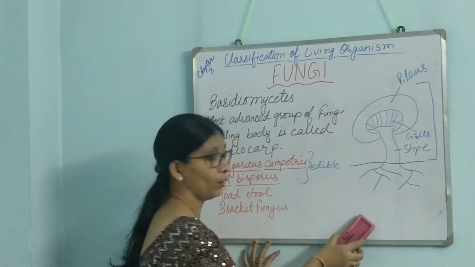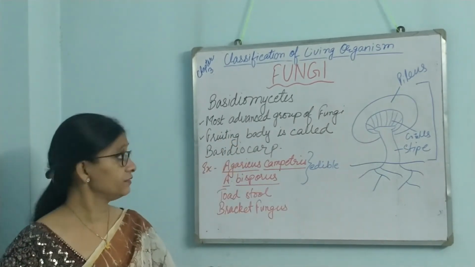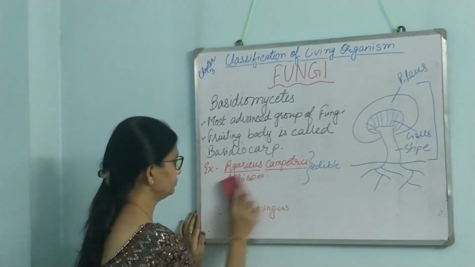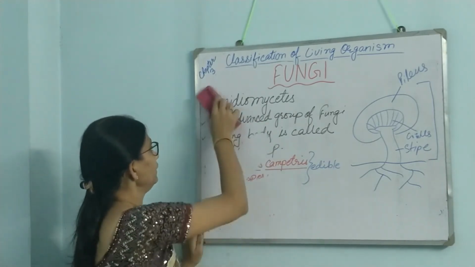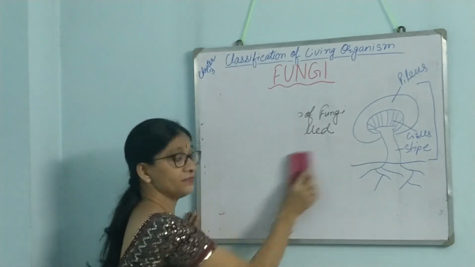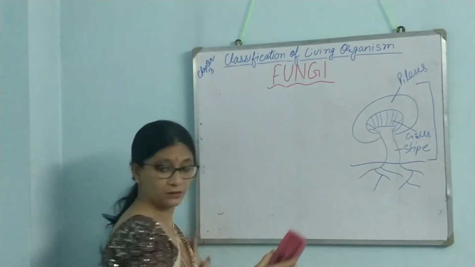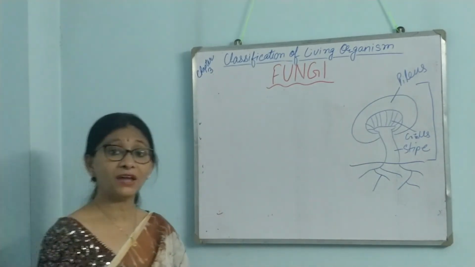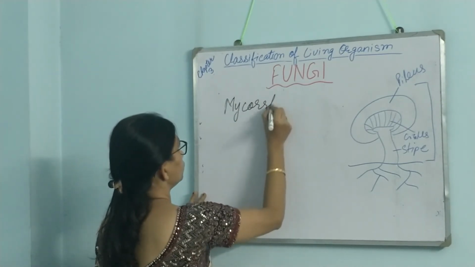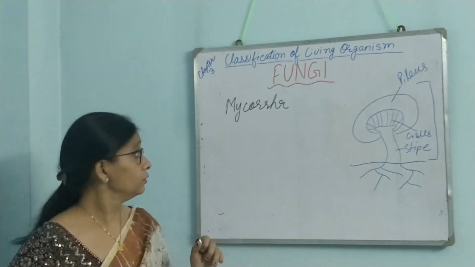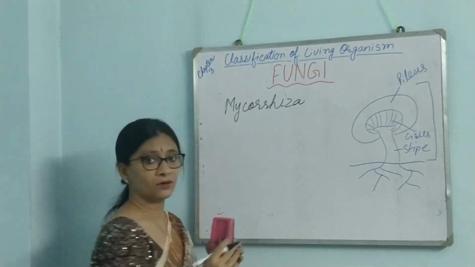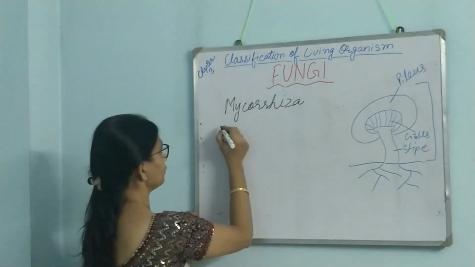There are a few points about the uses of fungus. Let us discuss them one by one quickly. So what are they? One is mycorrhiza, which is a very important character of fungus, and it is seen in some species of Zygomycetes. Mycorrhiza. What is this? It is a symbiotic relation